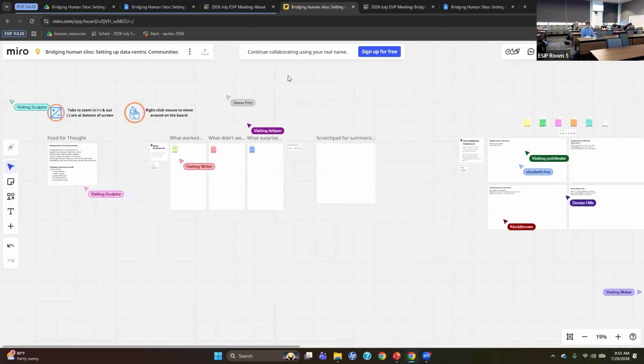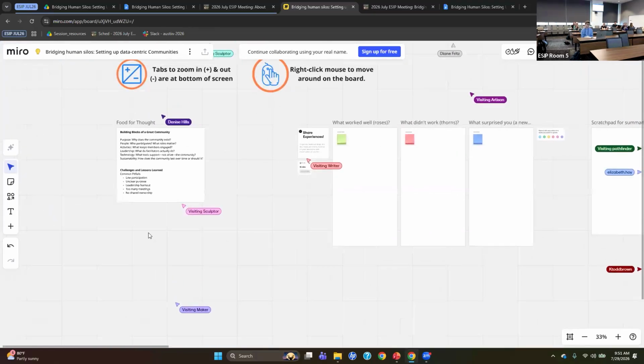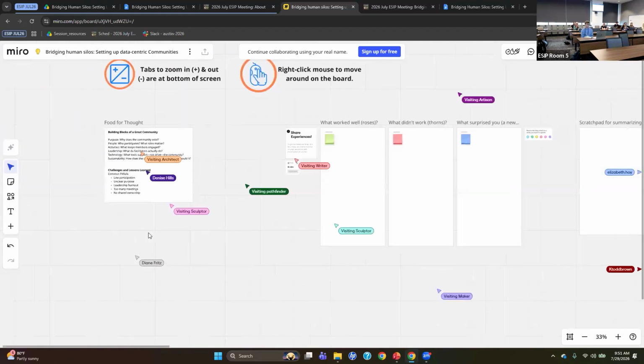So I wanted to do a quick orientation for those of you who have not used it before. Super easy. The first thing I wanted to show you, let's see if I can zoom in a little bit. There we go. Depending on whether you have a mouse or a trackpad, you can move around the screen either by right-clicking a mouse or using two fingers on the trackpad. So you can move around the space like that.